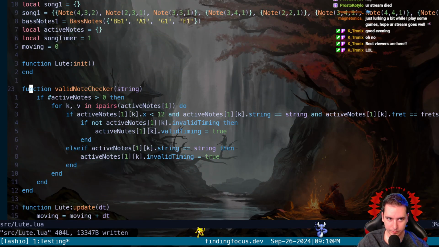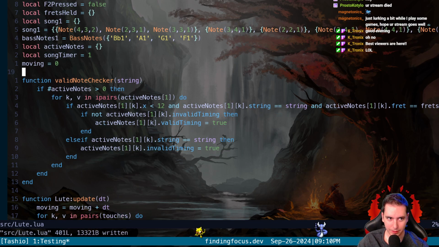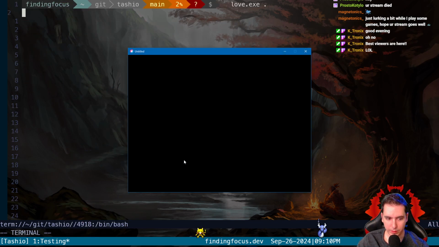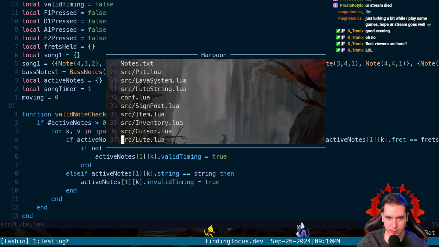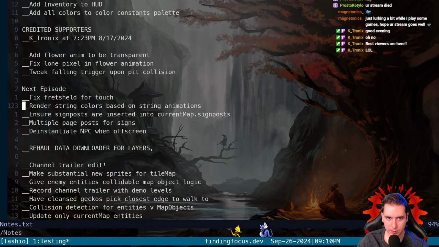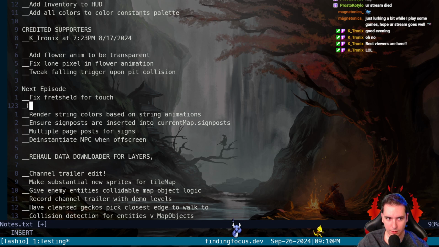That's nice. Yeah, we don't need our init because we don't do anything with it. Okay, so as long as our notes says something about fix frets for touch, and I want to say like hold off on initial render.